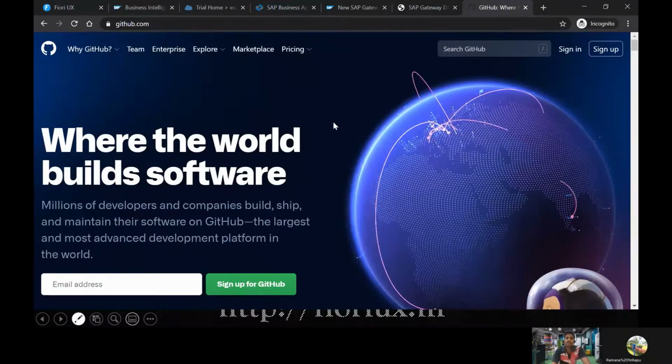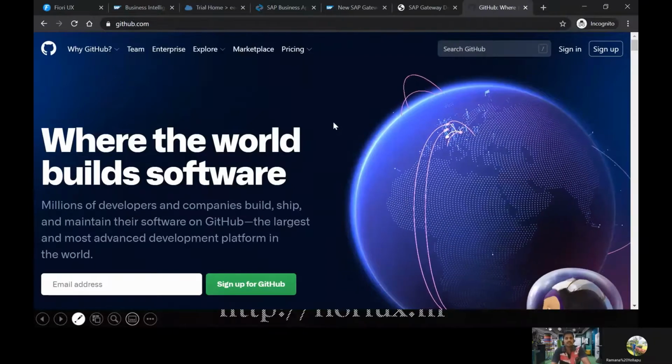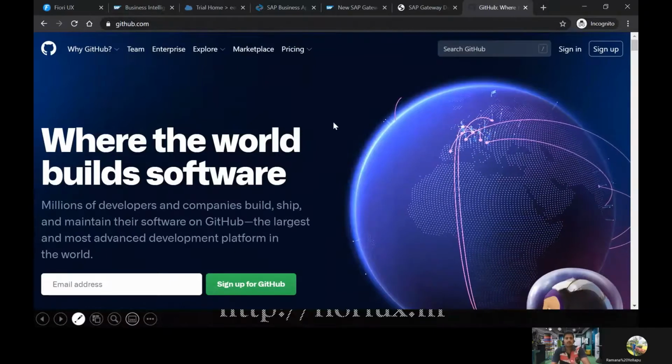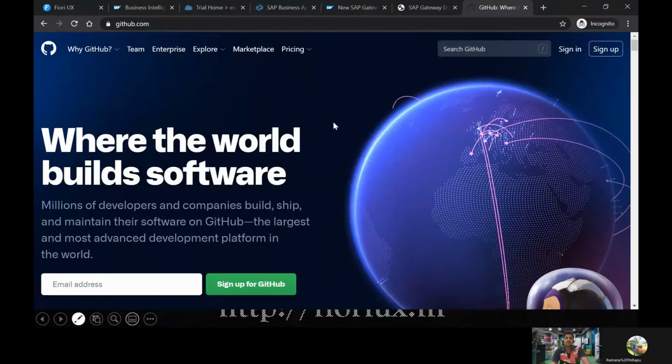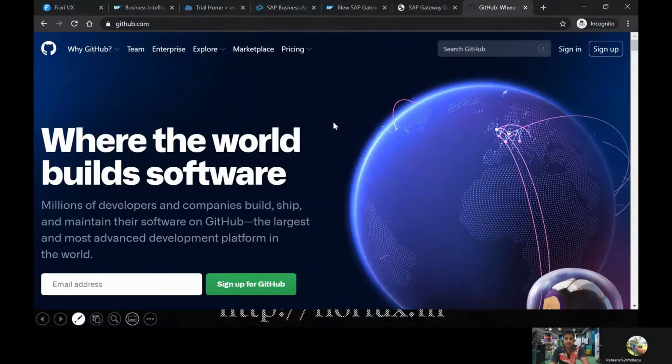BAS with GitHub. In the next video, we are going to talk about integrating GitHub as well as the ES5 demo system, and we're going to see a sample application and how to build it using BAS. There are lots of tips and tricks which are essential for doing our day-to-day job using BAS. So we're going to talk about them in our coming video.